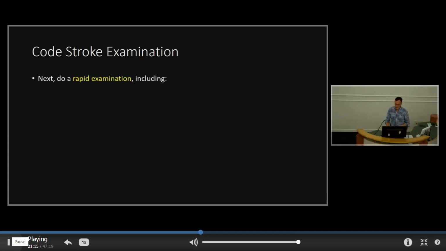Okay, code stroke exam is very simple. It's rapid. So the first thing, before you launch into the neurological deficits, check for hemodynamic compromise. If the patient has chest pains suggestive of a myocardial infarction, or dyspnea, like their breathing is labored, or they have a very high respiratory rate, or they're confused, they're encephalopathic, do not give thrombolysis. We must stabilize the patient before you can even consider administering another treatment such as this.